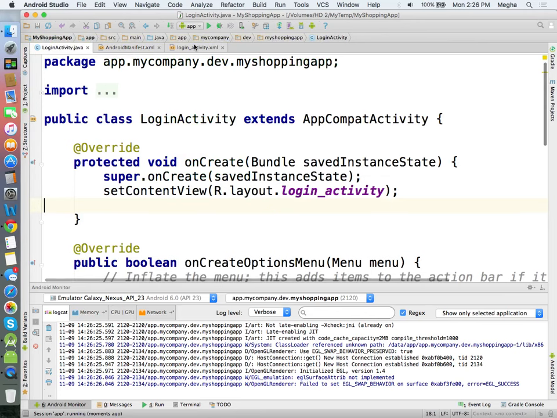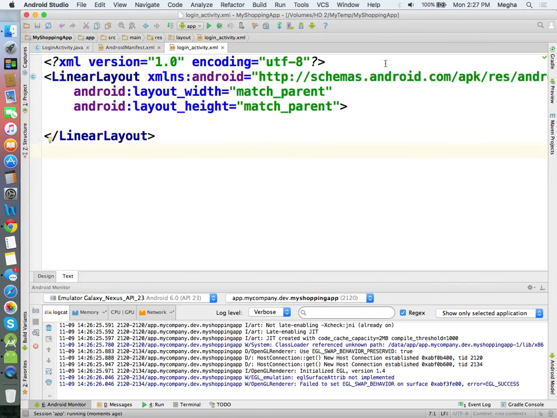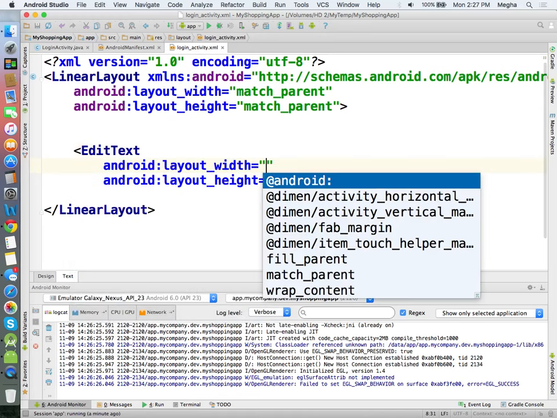Okay, let us create a design. Login activity is for a login purpose. So let the user login. Okay. Keep edit text.